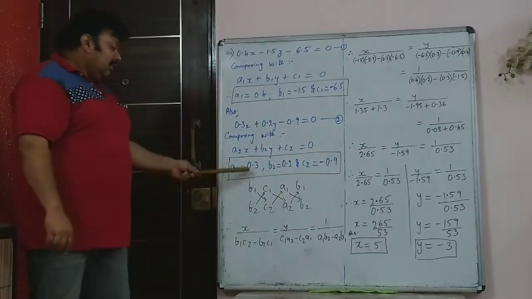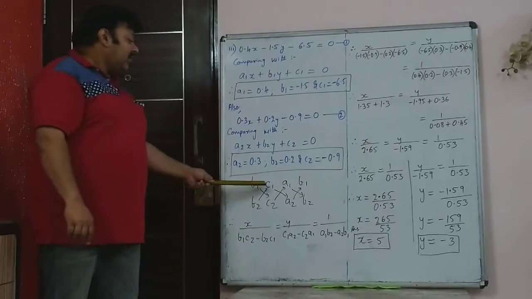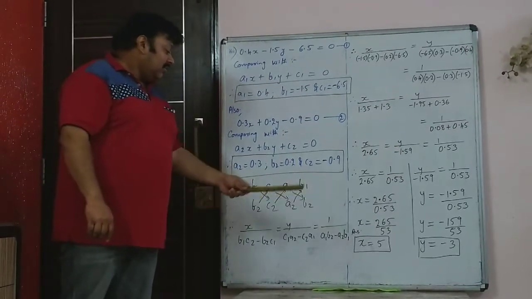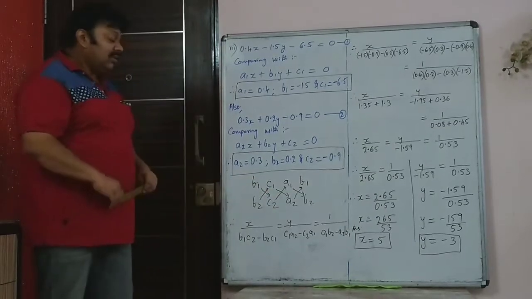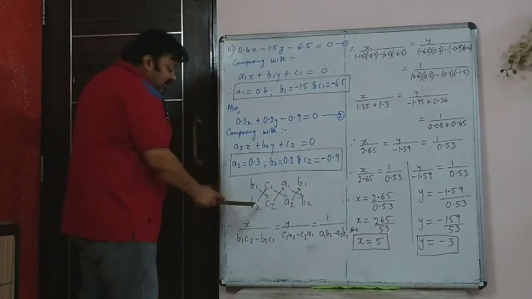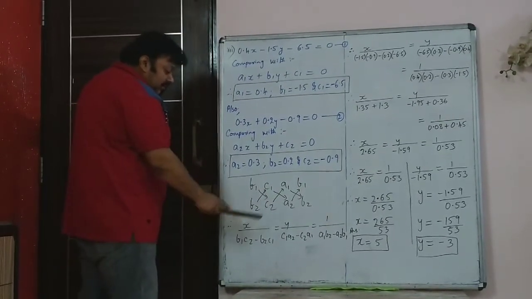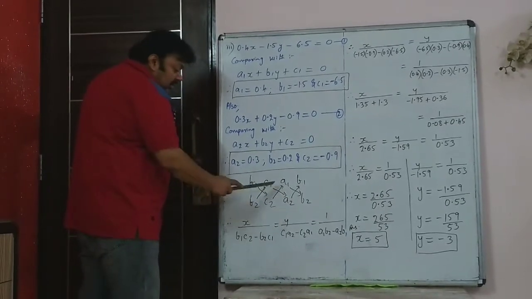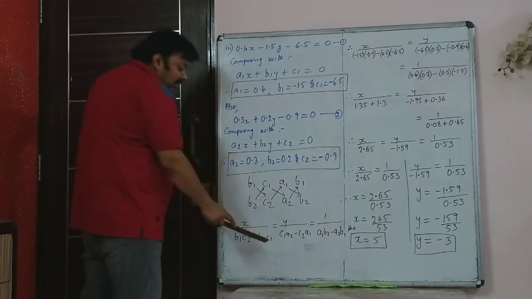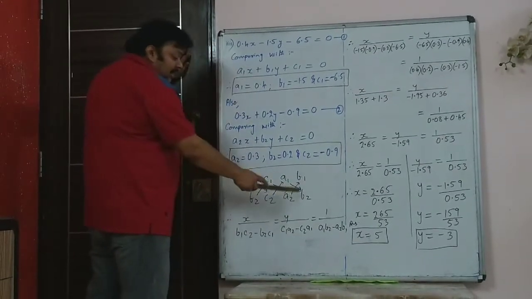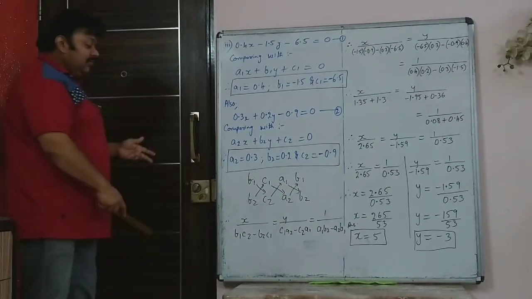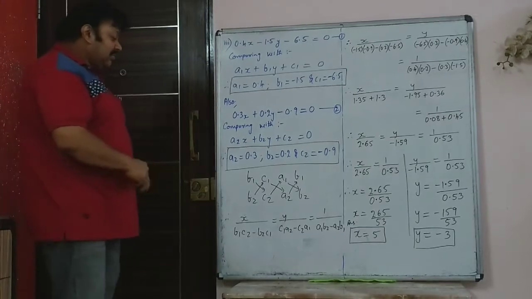So then the standard form I told you, before Christ Adam born. So number 1 given on the first line, number 2 given on the second line. B1 C2 minus B2 C1. C1 A2 minus C2 A1. And the last one is A1 B2 minus A2 B1. Then what you're left is to substitute.